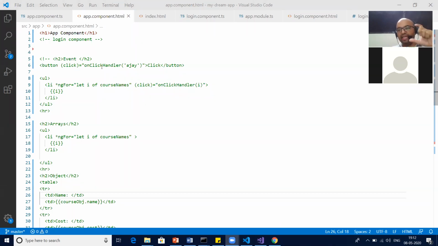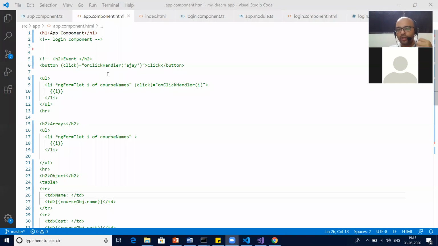Any child component that you want to call, I'll start from the second part, has to be a part of your app component, correct? Because the app component is your parent component. So your child component should be part of your app component, directly or indirectly. As of now, we are talking about directly. Indirectly, how? Later in the session, when we go to the advanced part, you will understand how it gets called indirectly.